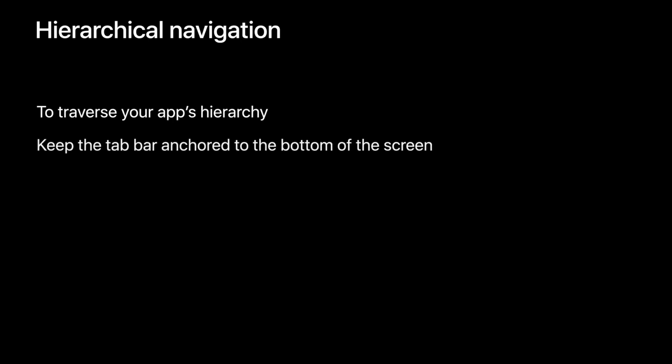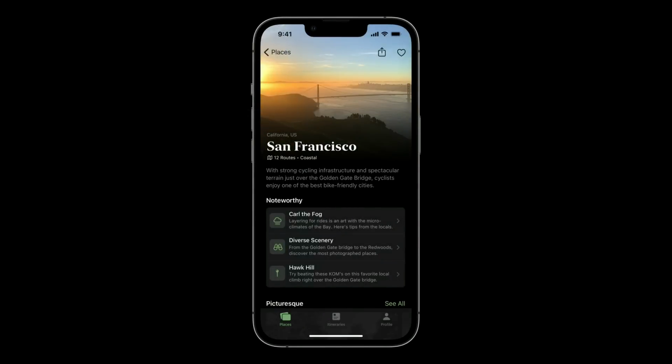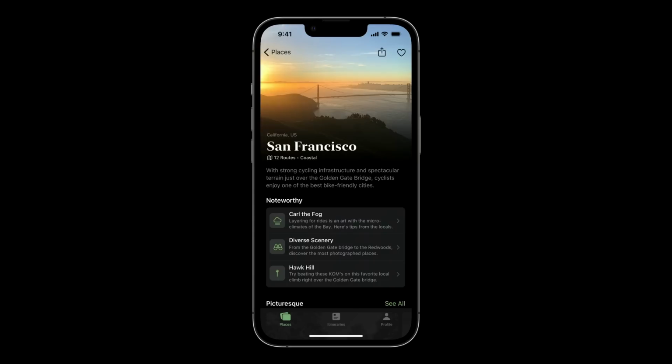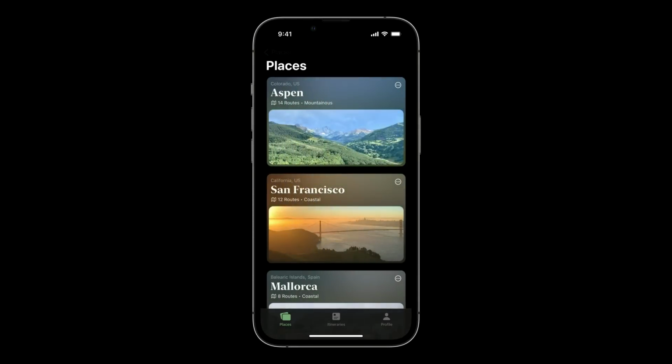When using a push transition, it's really important that the tab bar remains persistently anchored to the bottom of the screen. As we talked about before, this is one of the biggest selling points of a tab navigation. It's consistent. It gives access to core areas of your app because it's always available. This means people can explore content at different hierarchies. As views push in, it feels natural to swipe left to right to go back to where you came from, without losing access to hierarchies and other tabs where your state should be preserved.